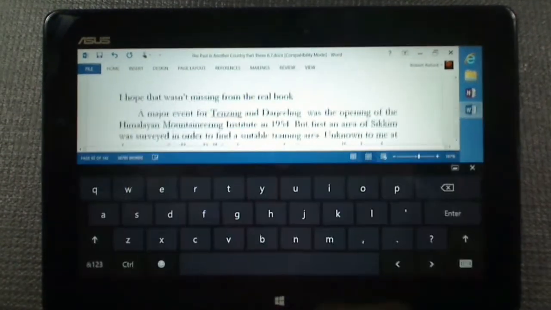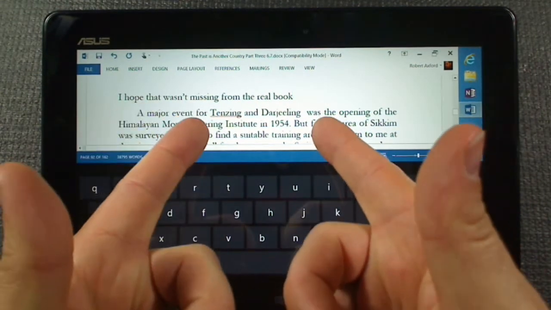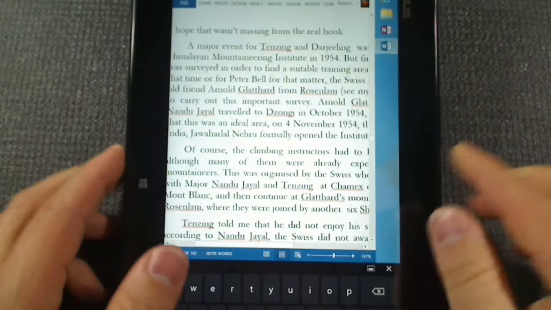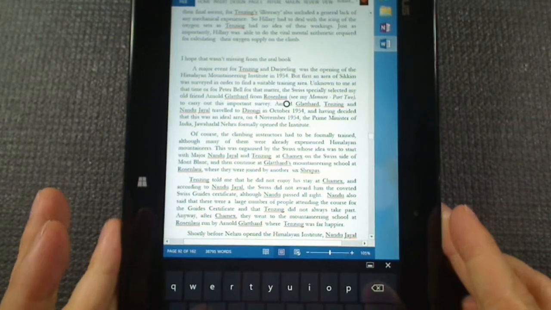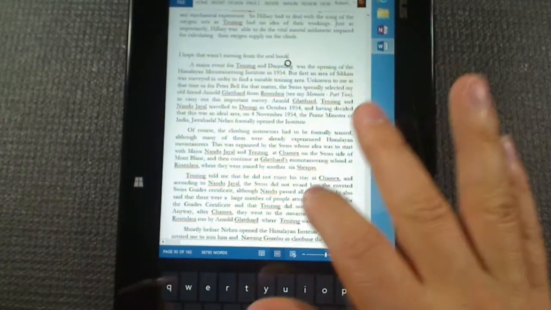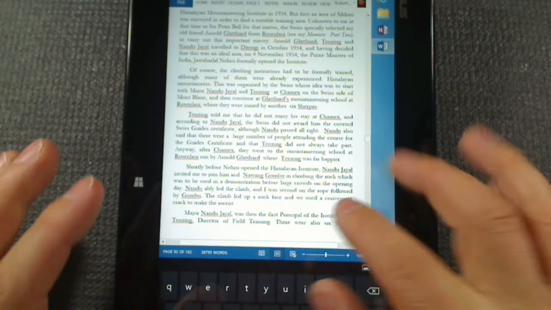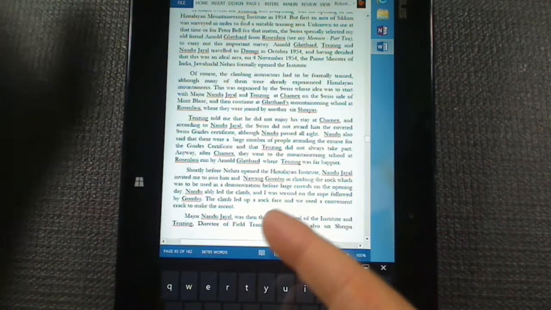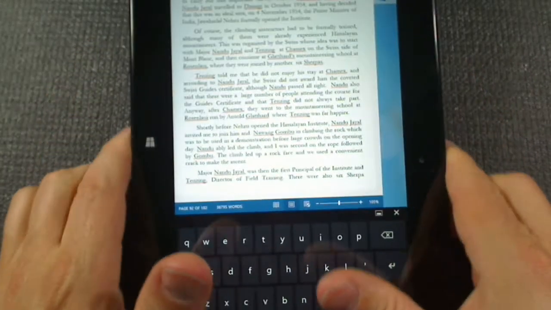In fact, space is probably the bigger problem, the size of the keyboard. There's not a lot of space there. You can go this way, which is not as bad as it looks, and you can go about that size, and you actually get a full page. You get pretty much a full page of content. It's perfectly readable, perfectly legible like that. The text is a little bigger than on my phone. And you get the thumb keyboard here, which I guess at a pinch